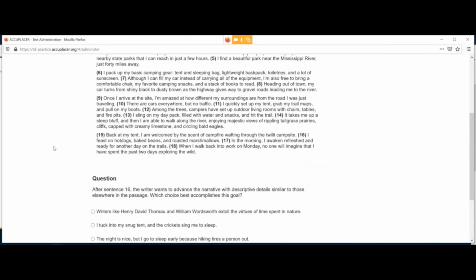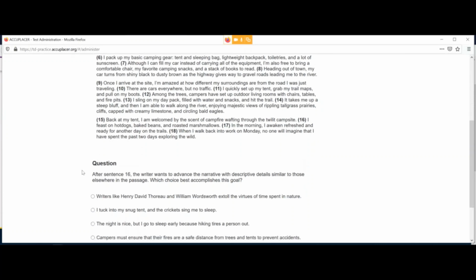Back at my tent, I am welcomed by the scent of campfire wafting through the twilit campsite. I feast on hot dogs, baked beans, and roasted marshmallows. In the morning, I awaken refreshed and ready for another day on the trails. When I walk back into work on Monday, no one will imagine that I have spent the past 2 days exploring the wild. Okay, and again, to review the question, after sentence 16, the writer wants to advance the narrative